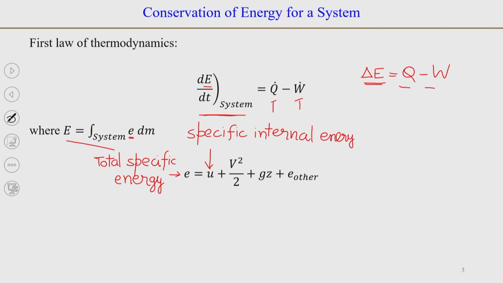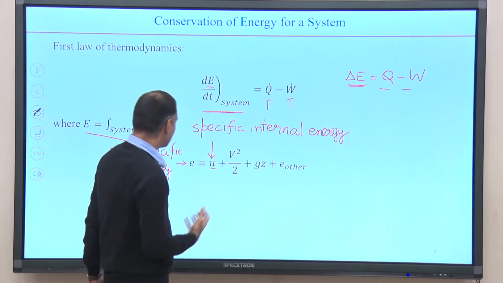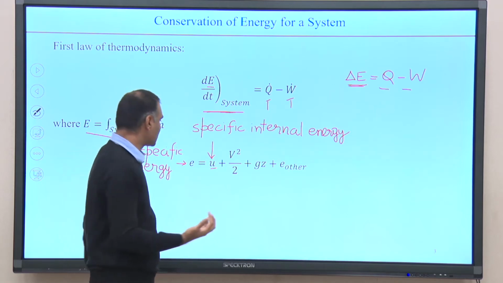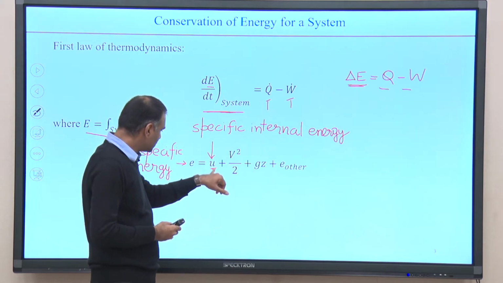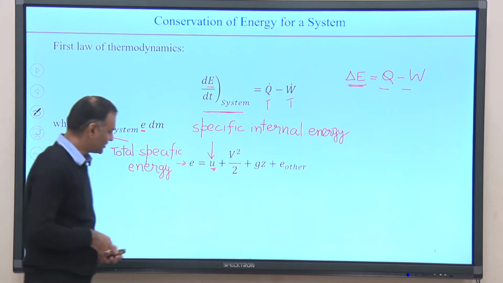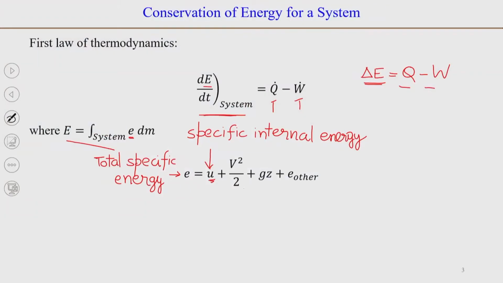and remember, probably this is the only lecture where we are talking about small u being the specific internal energy of the system. Everywhere else we have used, or we will be using, small u as a symbol for the x component of velocity. So, please remember that here u is the specific internal energy of the system. The total also includes kinetic energy per unit mass, potential energy per unit mass,